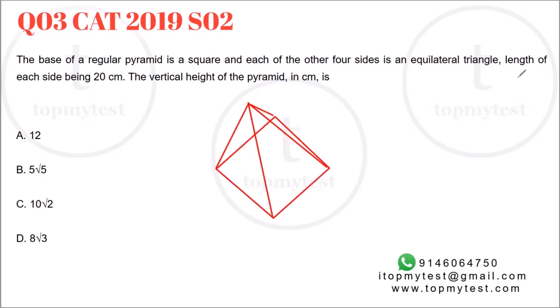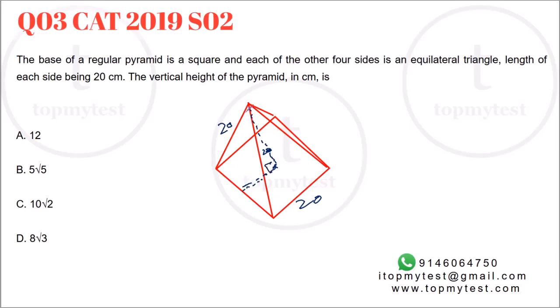Okay, so let me roughly draw this pyramid. So this is how it will look. Base is a square of side 20 units. Each of these triangles is an equilateral triangle. So each of these heights will also be 20. But I need to find the vertical height. Now, to find the vertical height,